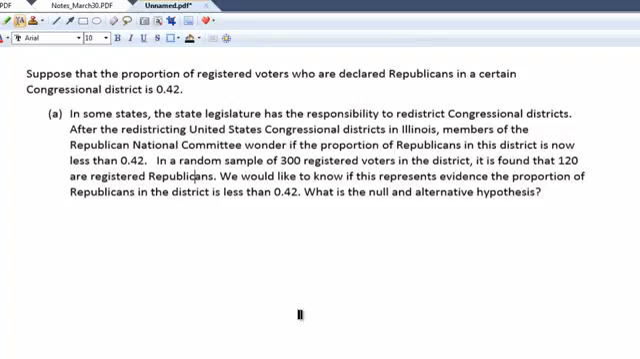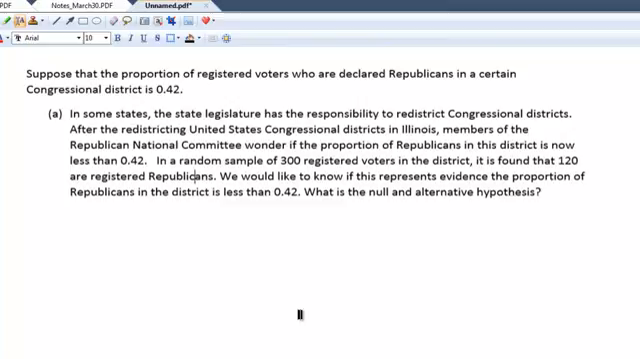I'm going to lay out for you a scenario, and then we're going to go through a series of steps, a series of questions that I'm going to ask, and we're going to be utilizing StatCrunch to help us get answers to these questions. Suppose the proportion of registered voters who are declared Republicans in a certain congressional district is